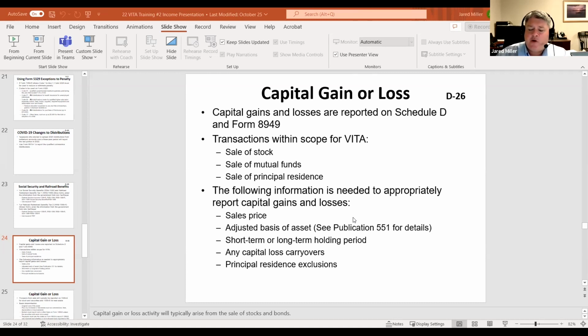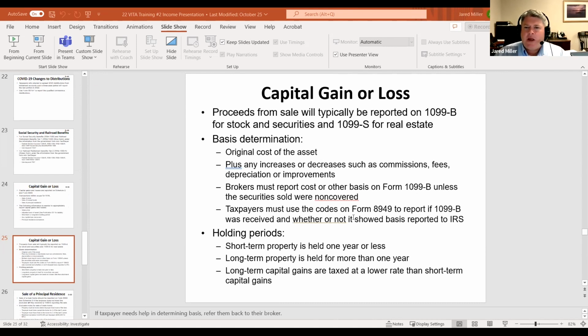That information, if we've already been doing it within TaxSlayer, will automatically carry over. As I said, brand new return, just double check that Schedule D from the prior year and see if we have any other issues. So taking a look at our capital losses, where are those going to be coming from?